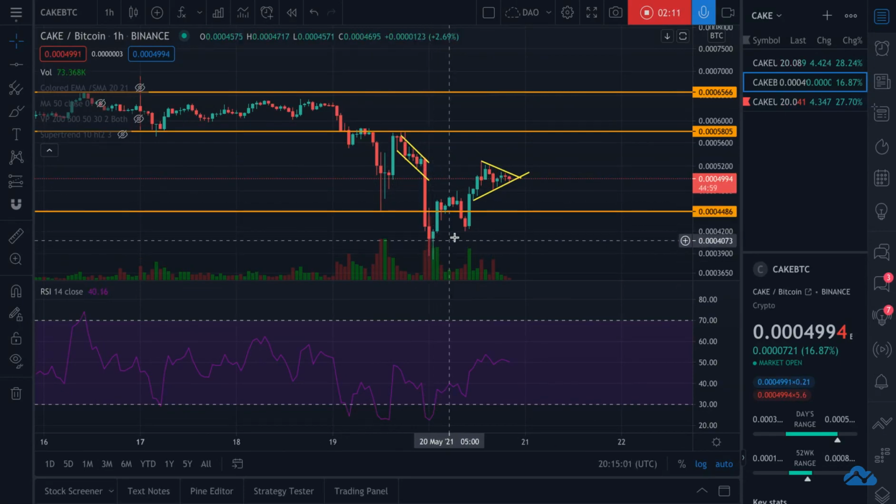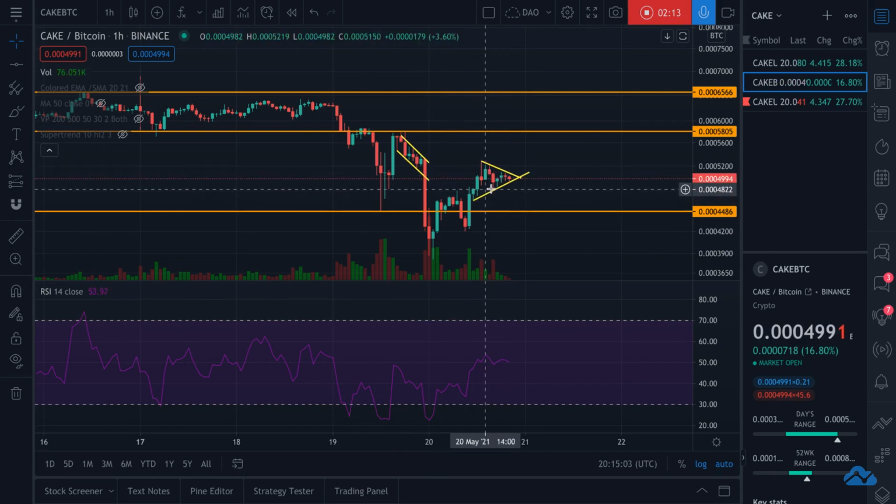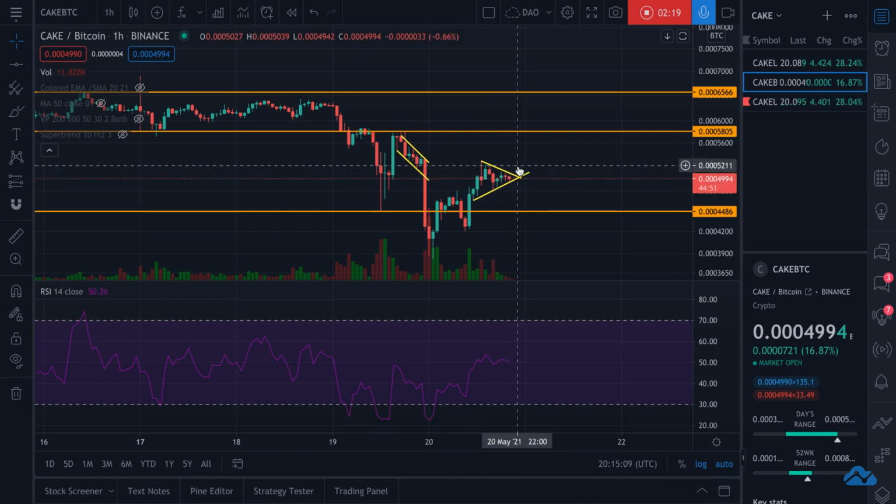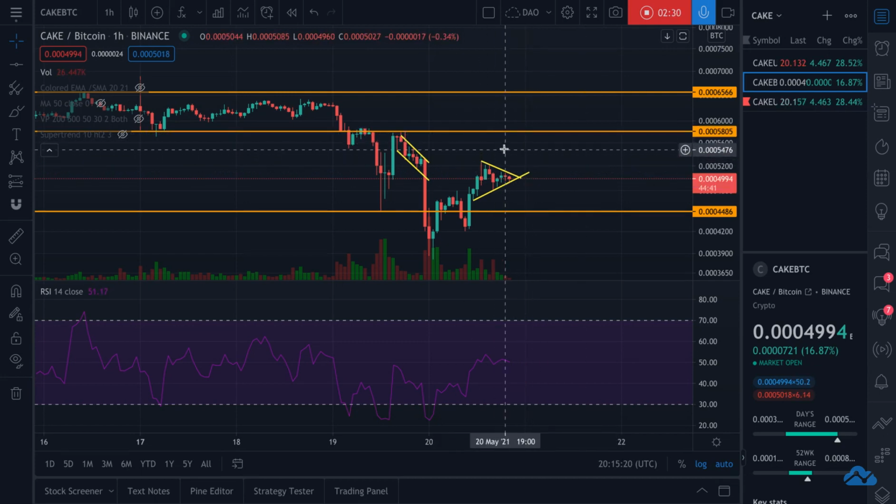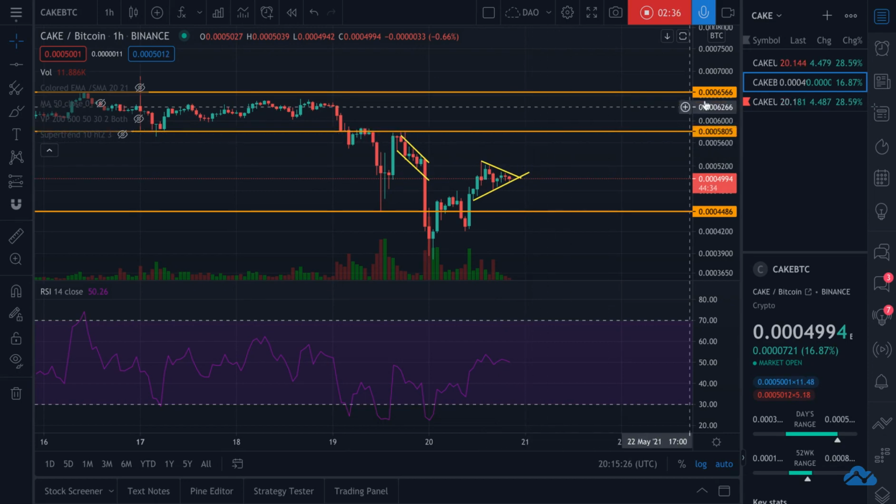As we can see, we broke out here to the downside, went way down against Bitcoin. We've slowly been recovering. We are right now in a little consolidation phase for the last probably 6 to 8 hours. And now it's trying to decide where it wants to go, whether up or down. My assumption is that it gains strength against Bitcoin and we see it come back up here to this resistance, which would be pretty awesome. Right now we're at about 5,000. We'd get up to about 5,800, which would be a pretty decent size increase.